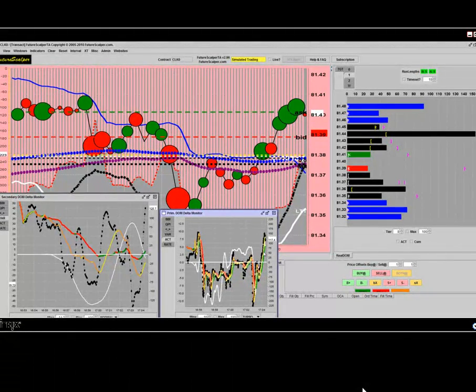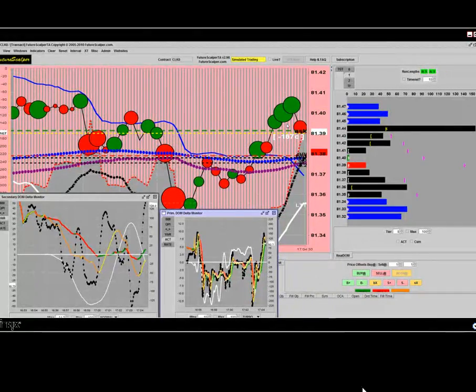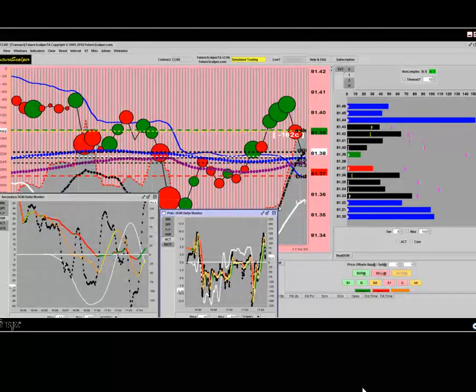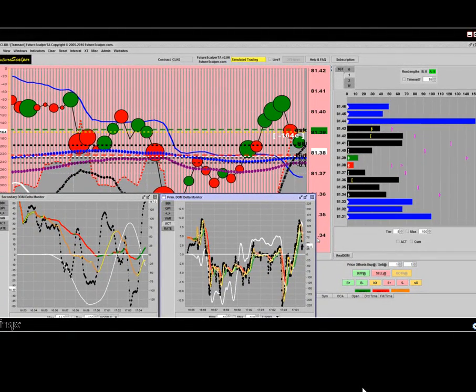It is a leading indicator. I saw that drop there. I saw this push up here. You already know this market's about to push up. Now for scalping, it's pretty good. The VAR is probably not as good as the ACT. I like the ACT on the turbo for scalping, but